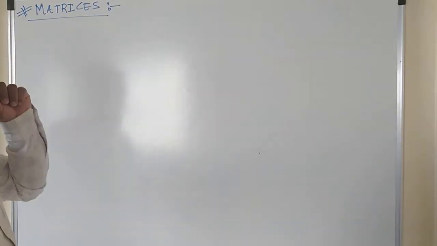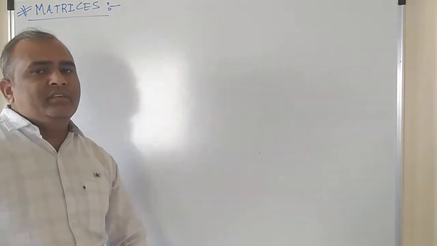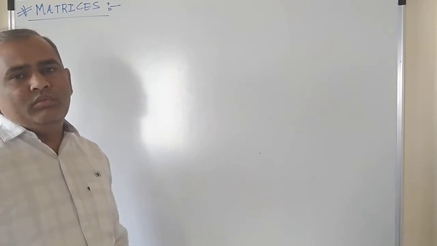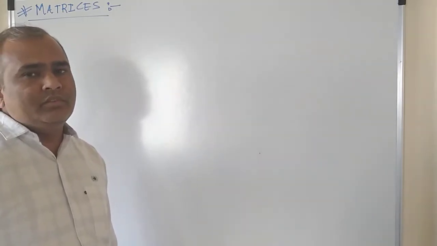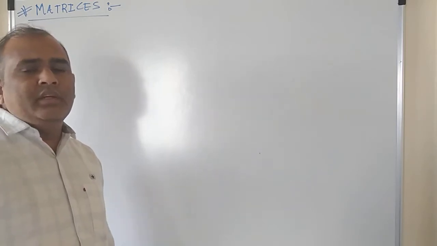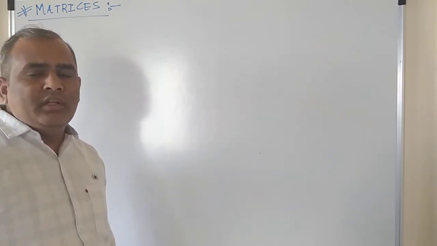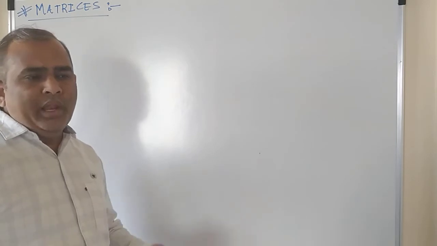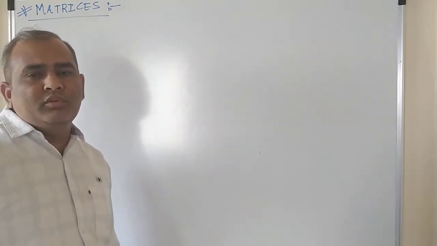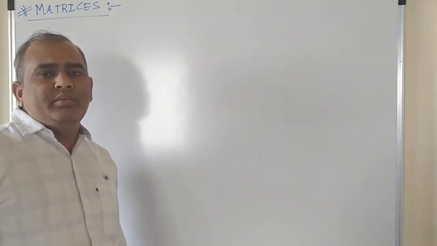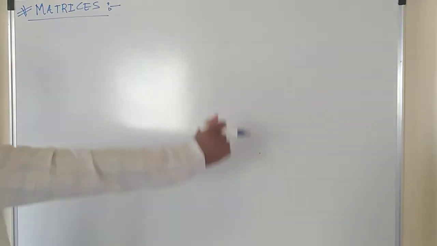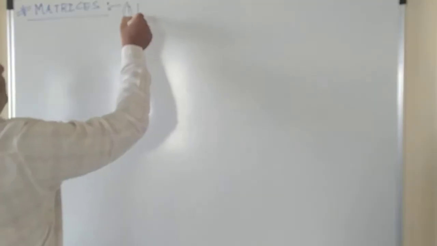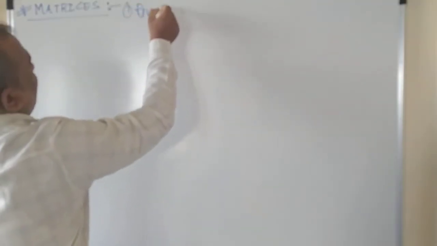And what is meant by a matrix, you have already been studying, so I need not define it, right? So let's go straight to the various types of matrices. Matrices have plenty of types, not just 1, 2, 3, 4. Let's go for the very first and basic types of matrix: the row matrix and the column matrix.